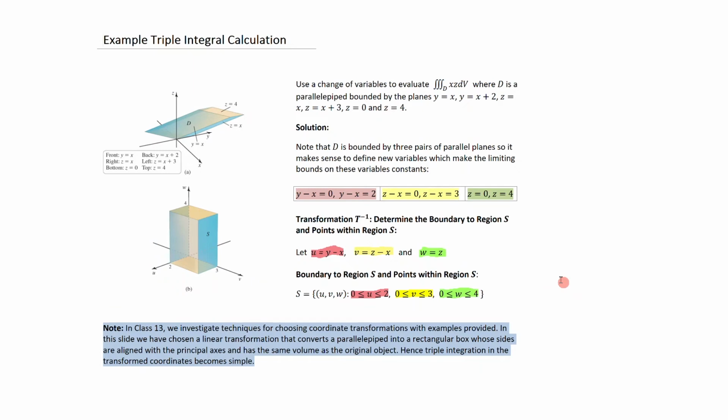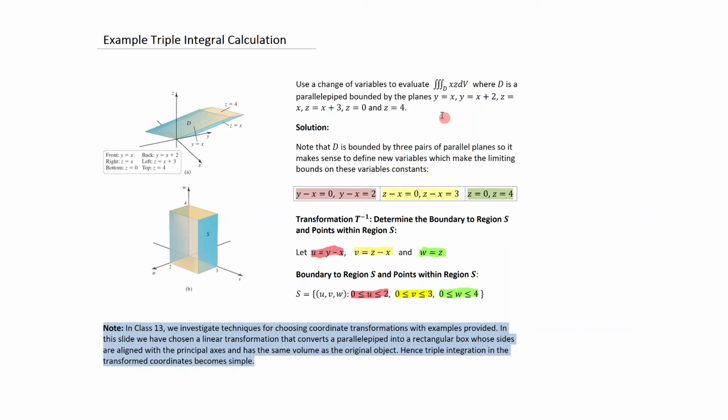All right, so let's do a simple calculation. We'll deal with this in more detail when we talk about techniques for how to select transformation equations. So let's look at this particular example. We'll use a change of variables to evaluate this triple integral where D, which is the domain, is a parallelepiped bounded by the planes y equals x plus 2, z equals x plus 3, z equals 0, and z equals 4. Now the solution to this problem is one in which we notice that D is bounded by 3 pairs of parallel planes, so it makes sense to define new variables which make the limiting bounds on these variables